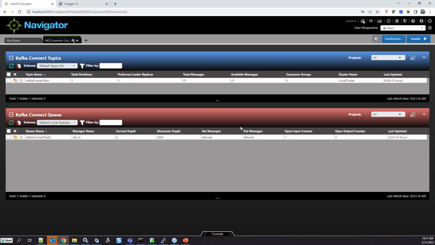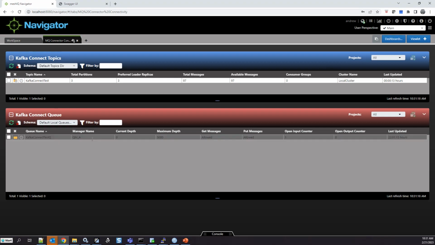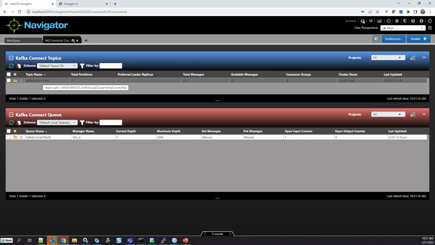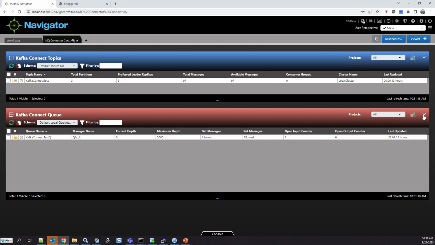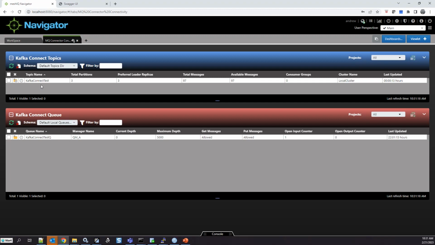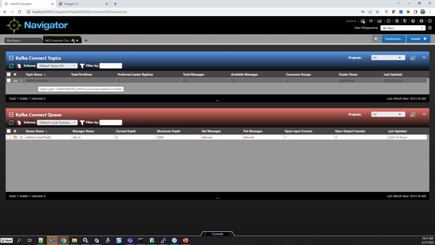So unlike our admin who saw all of the things that were out there, Andrew can only see these two queues, right? So if Andrew tried to look at all of the queues in the environment, it wouldn't matter because he is restricted to only seeing the Kafka Connect queue and the Kafka Connect topics. So he doesn't get to see all the rest of that stuff the administrator used.